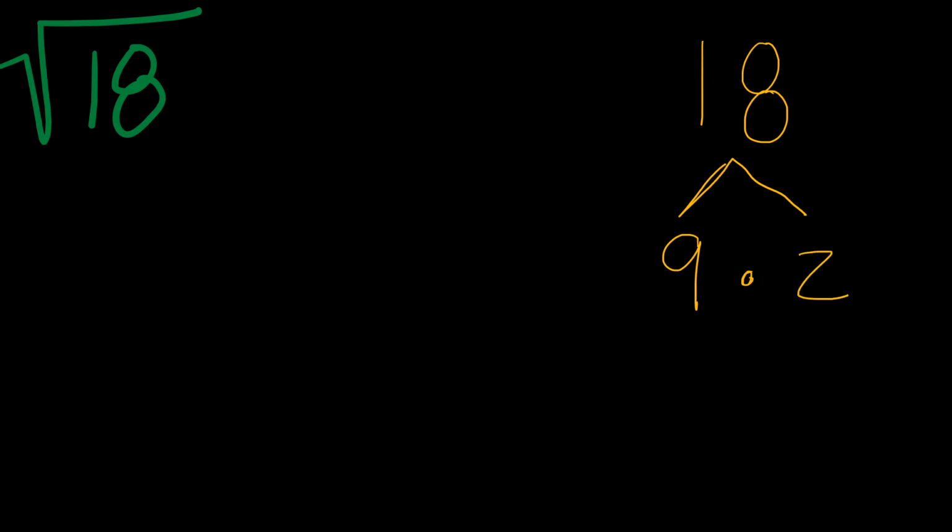So in our first example problem, we have 18. I'm going to rewrite 18 using the factor tree. So I have 18. We're going to break that down. So what two numbers multiplied together give you 18? Let's say 9 and 2. Awesome. Now, if you don't remember from the previous video, 9 is a perfect square. So we can rewrite the square root of 18 as,